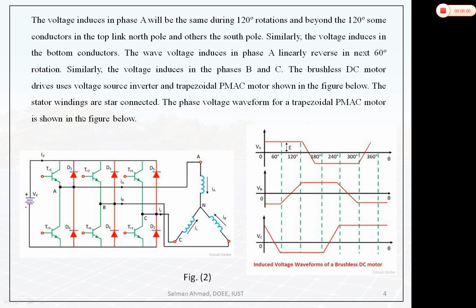This is the conventional three-phase voltage source inverter FET drive. You can see that the stator windings are connected in star fashion. This is a bidirectional VSI, so it can carry current in both directions. Positive current will flow through this transistor to phase A, and negative current will flow through diode D1, because the transistor is a unidirectional device. We have one DC link that provides DC current. You will find that this current is a square or quasi-square waveform.